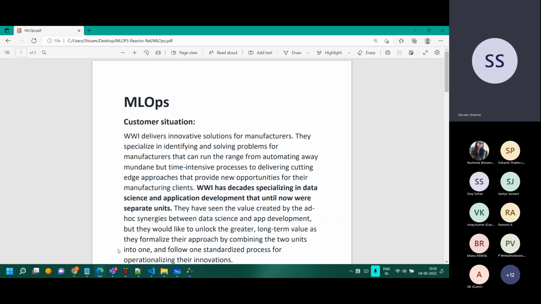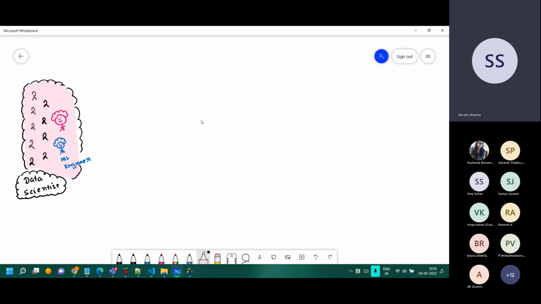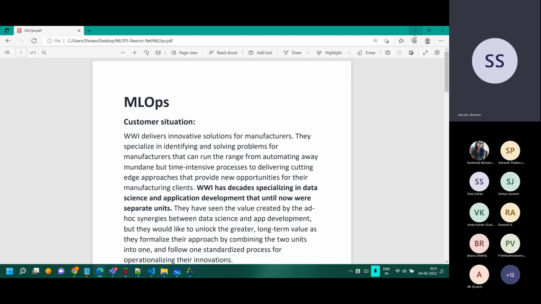Today is a session where I will be using the whiteboard a lot, and I'll explain everything over here. The same thing I'll show you in the configuration as well: what needs to be done, how it's supposed to be done, all the individual steps and everything. Okay, so the customer scenario first.